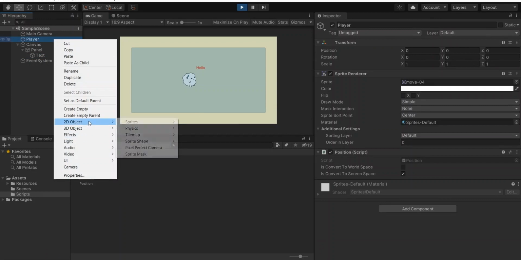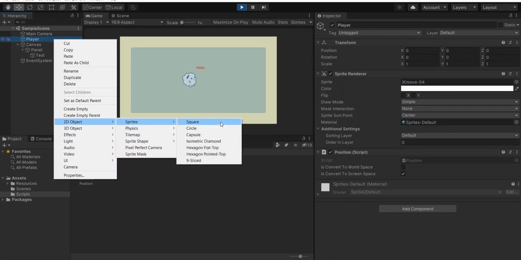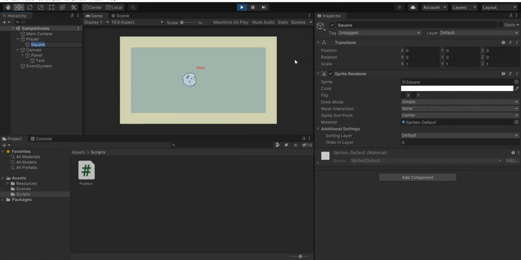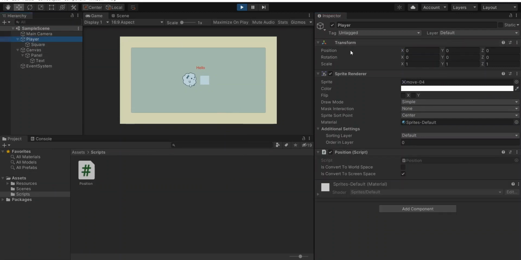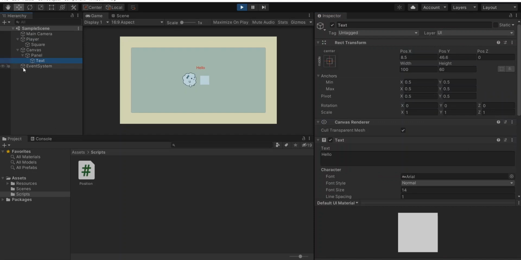I will add a square child into the player object and compare it with the test child on canvas. We can only see one info about local position in the square child in world space. But in the test child in canvas space, we have more controls that affect the value of local position, such as anchor, min, max, and pivots.